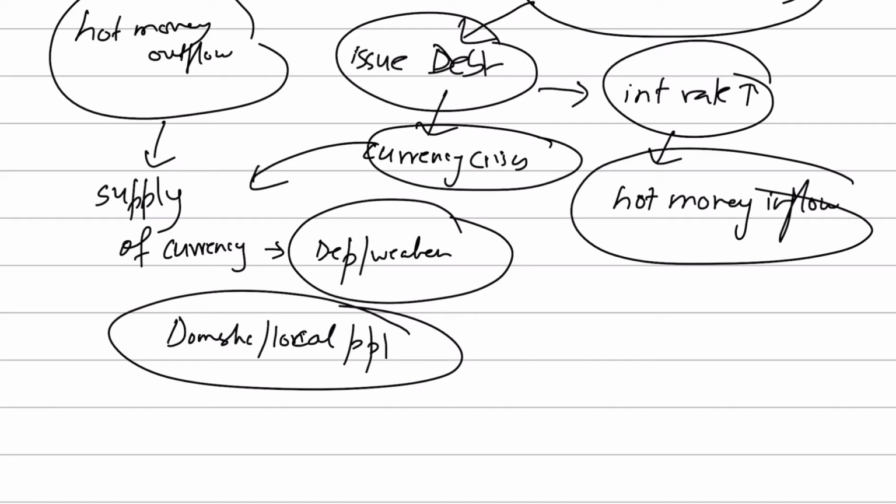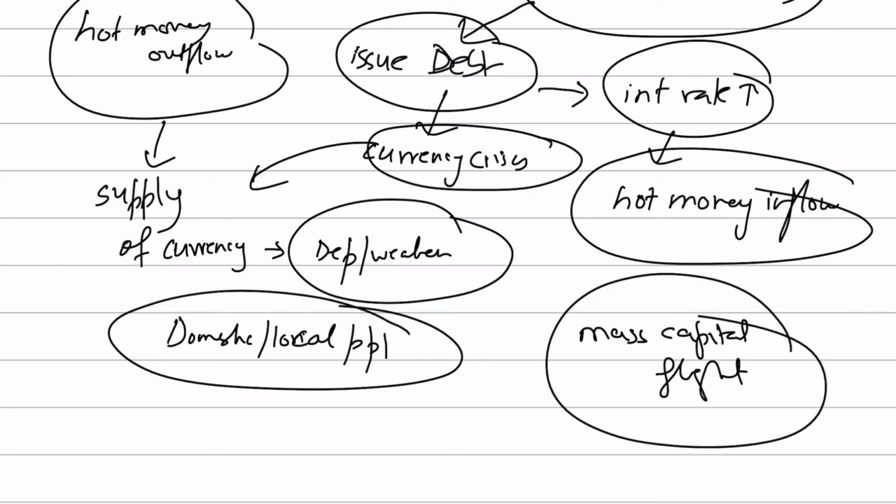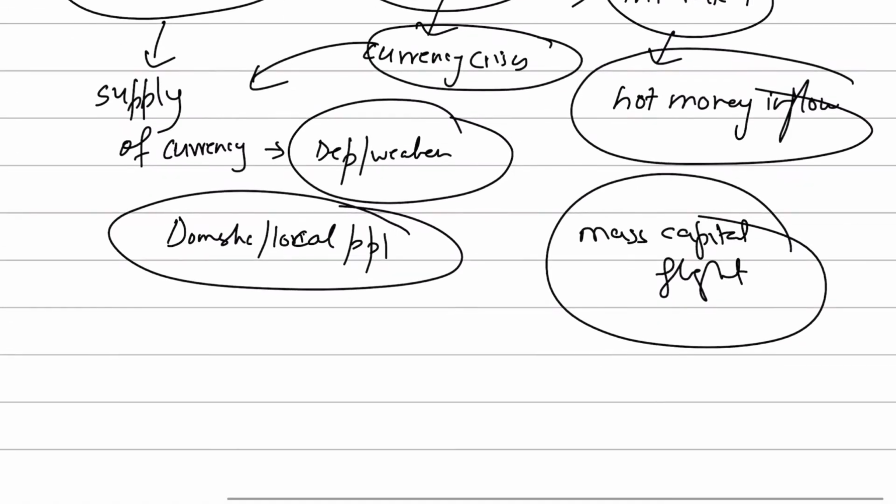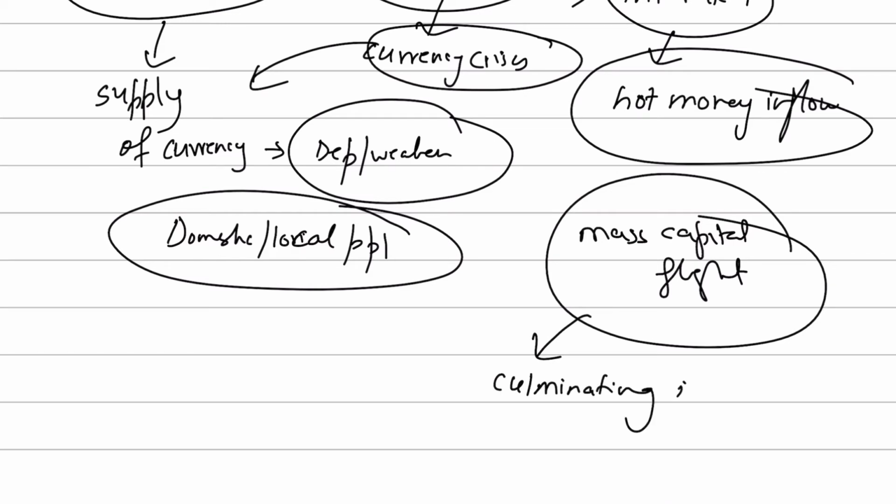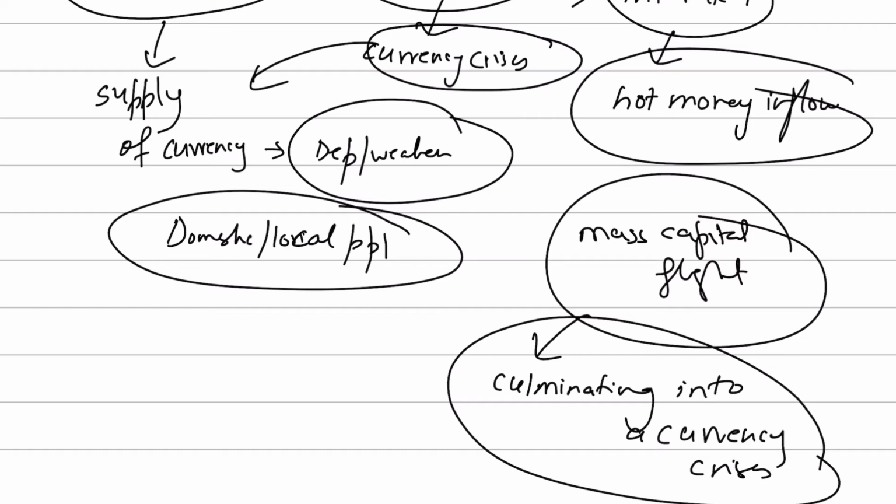And this would result in a mass capital flight. So the financial capital is now flying out of the country. There's a mass capital flight in the economy. So there's a ripple effect being created, because that mass capital flight is actually culminating into a currency crisis. Now that's a problem. It culminates into a currency crisis where your currency just keeps on going down,